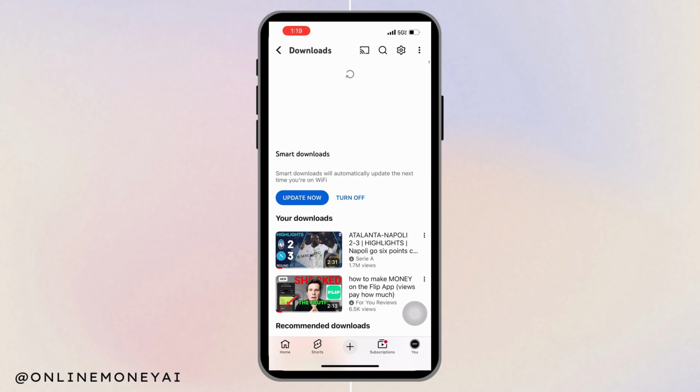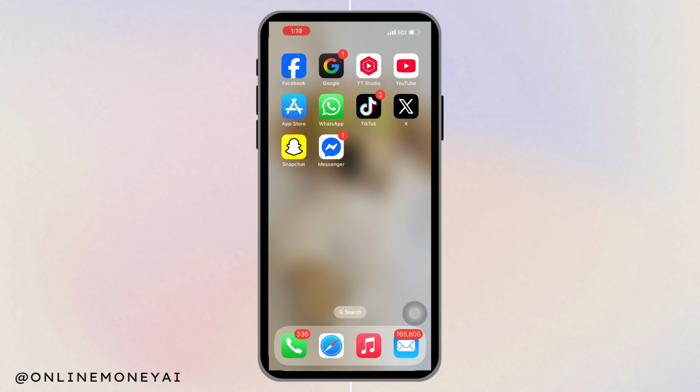Downloaded videos stay inside the YouTube app. You cannot share or export them. If YouTube Premium expires, downloads will be removed. That's the only legal way to download other people's YouTube videos in